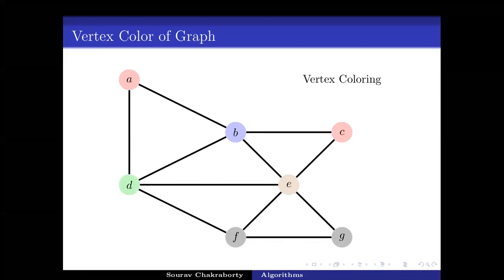A possible technique is to color the graph using the minimum number of colors. So basically the colors would represent these different rooms. If two vertices have the same color, then those two meetings can obviously be scheduled in the same room because they are not adjacent, and then there is no clash, right?